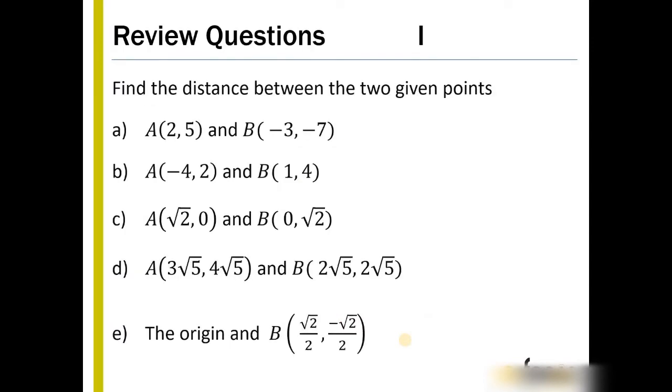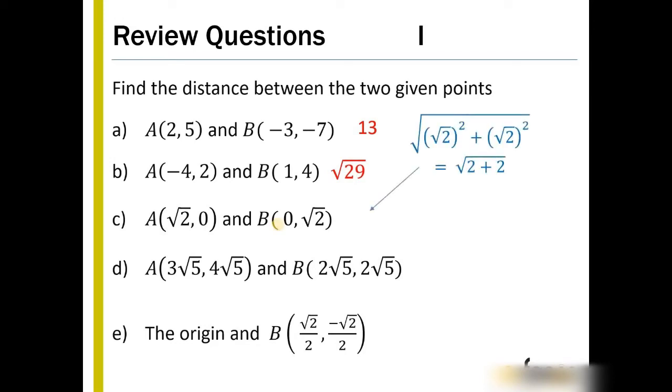Review questions 1. Find the distance between the two given points. Pause the video whilst you work them out. Here are the answers. A is 13, B is the square root of 29,